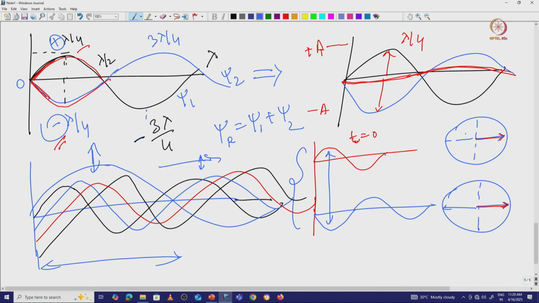But if the wave propagates in the x direction, and if you go further, they are going to affect each other, something like that. So, now at first you can see they are very much similar, all the waves are coming together and you will get a higher amplitude. But if you go further and further, you can see after a certain time they will just be opposite to each other, and that is going to affect your amplitude. So, we will discuss these things more in the next slide.